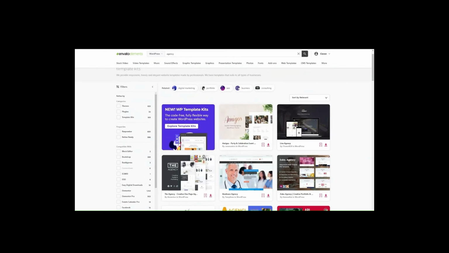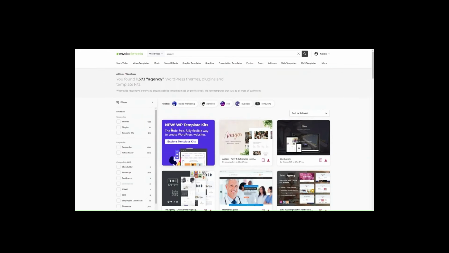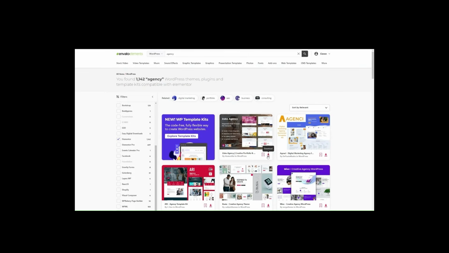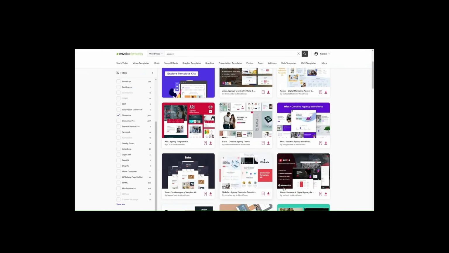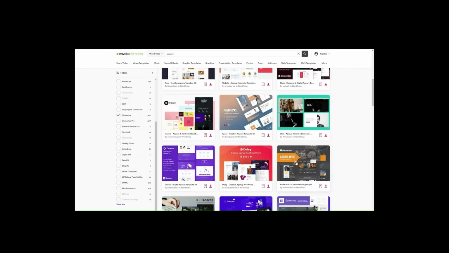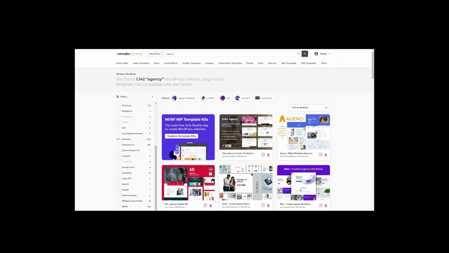So what you can do is, if you know you're going to use Elementor on your website, then you can select Elementor and Elementor Pro, and it'll then filter themes that are compatible with Elementor and that you can use Elementor with. If you select maybe one of the themes,